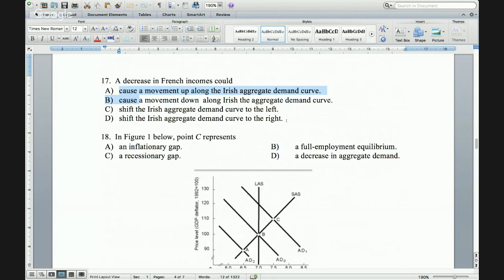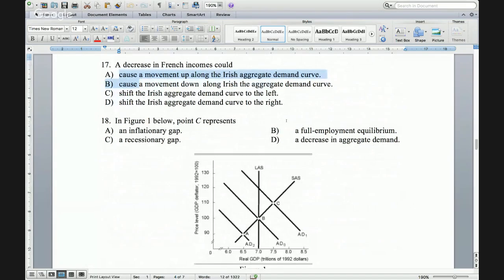To be honest, I'm left uncertain on the answer here. Let's look at one possible explanation as to why perhaps the Irish aggregate demand curve would shift to the left. There's a diagram to help us out with it. So here you have Ireland's aggregate demand curve starting at AD0. And it could either shift to the left or shift to the right based on French incomes falling. If French incomes fall, it means that they may have less